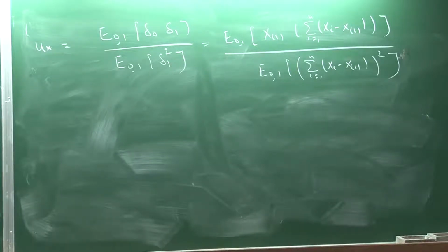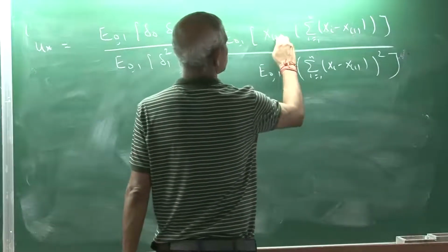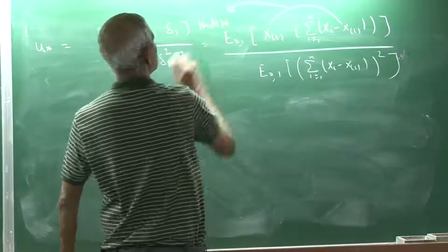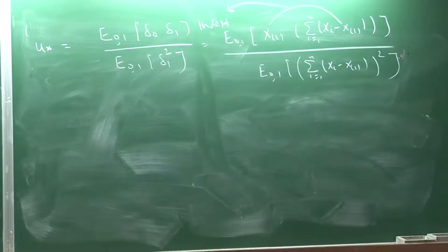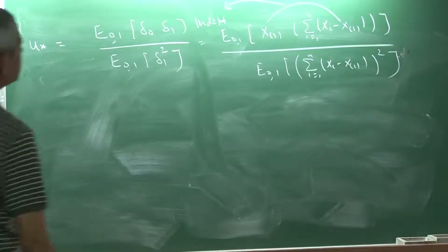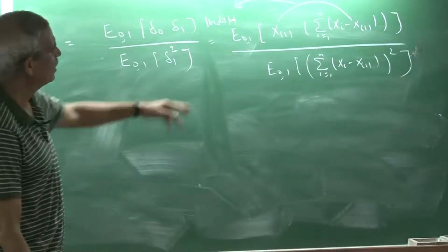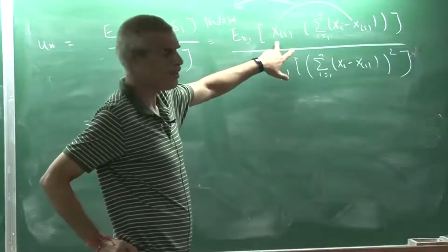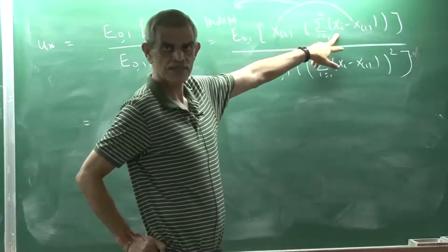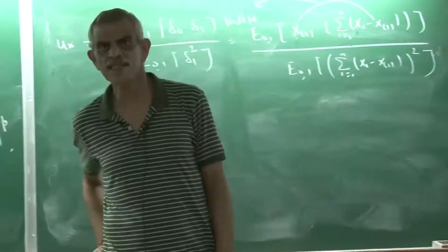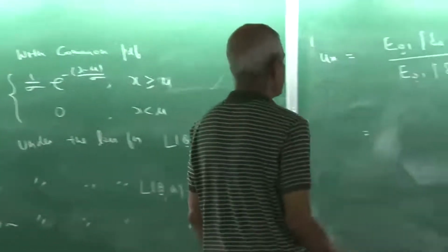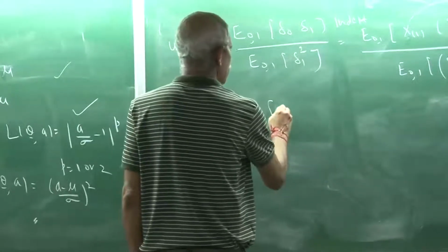Now, in the exponential case, I know that these two, x1 and this, are independent. You can apply Basu's theorem to show that they are independent. And this you must have done in your last course. So, for example, you first fix sigma. If you fix sigma, then x1 is complete sufficient for mu, and this is ancillary for mu for a fixed sigma. So for any fixed sigma they are independent, and these statistics do not depend on sigma. So that means for any sigma they would be independent. So this is same as E01 of x1,